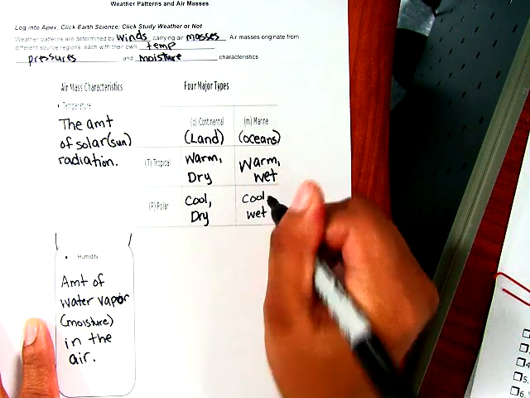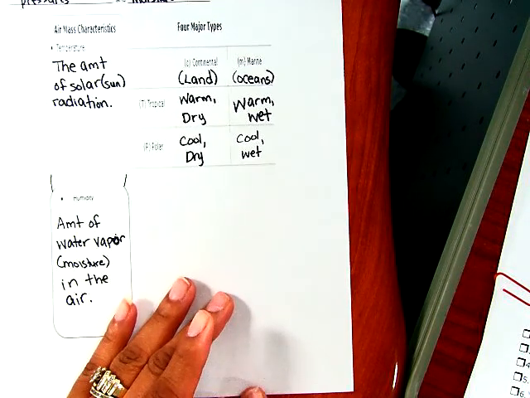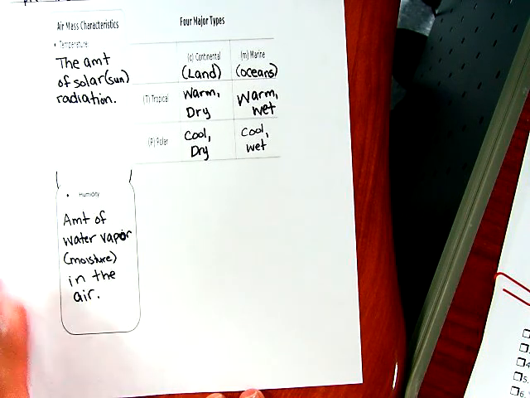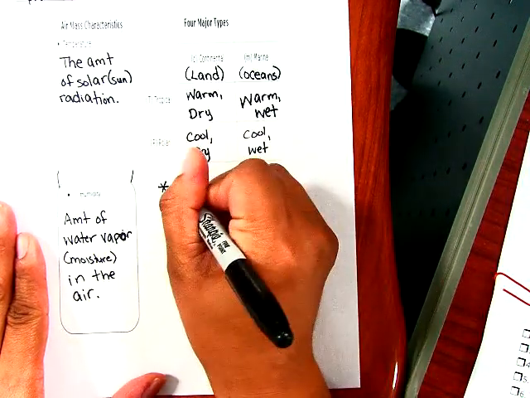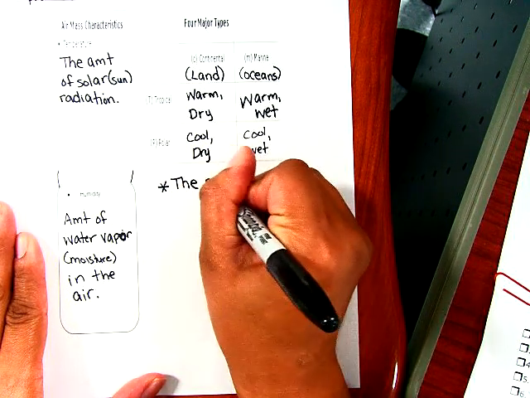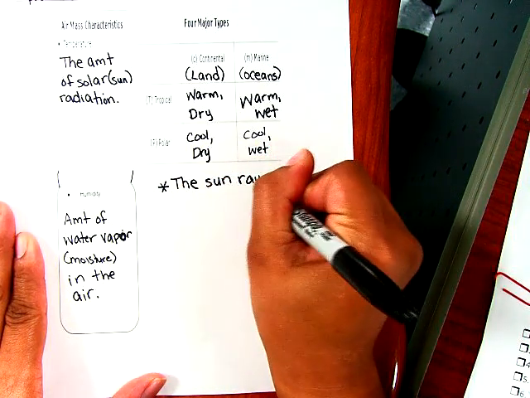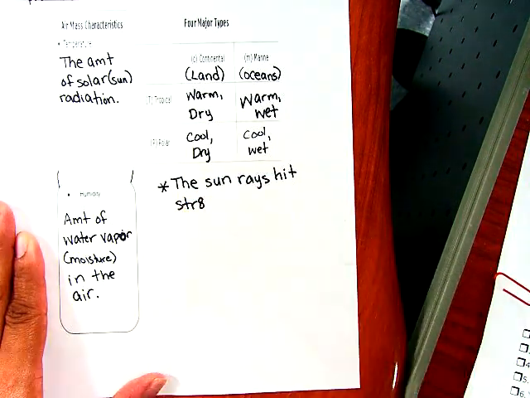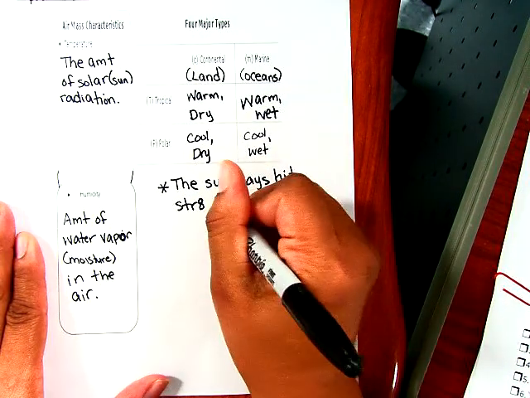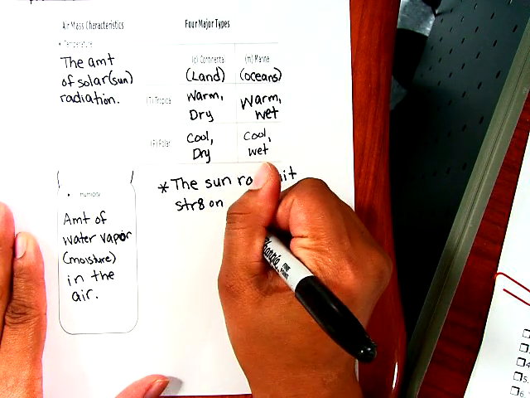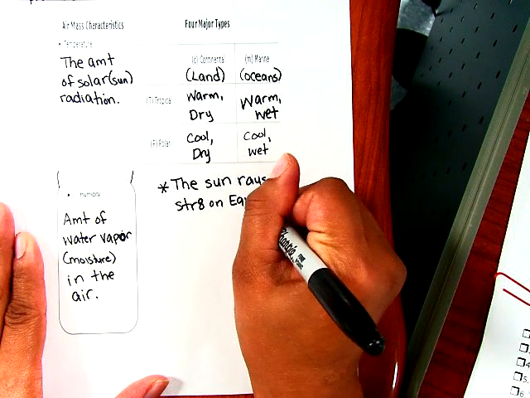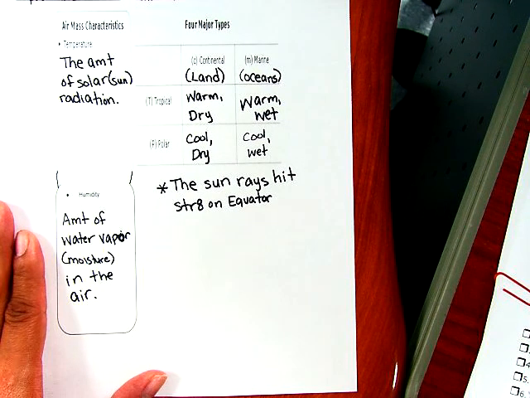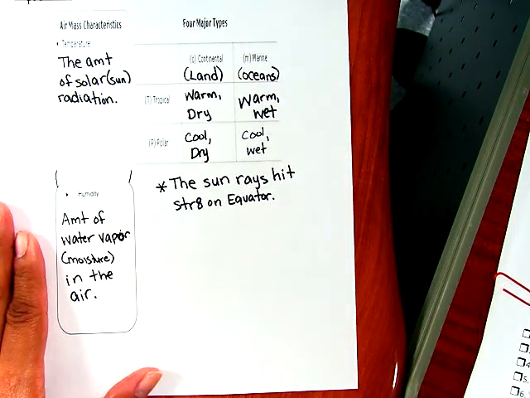In this area here, you were to jot down some important information. You probably have quite a few pieces of information, but the major things that I did want you to get here is the sun rays, and I'm going to abbreviate, hit straight on the what? On the equator. Raise your hand if you got that portion. That was important. Good, Erica. Good, Rogerlyn. It hit straight on the equator. Good job, Mahogany. Oh, Naya. You just got it now because I just gave it to you.